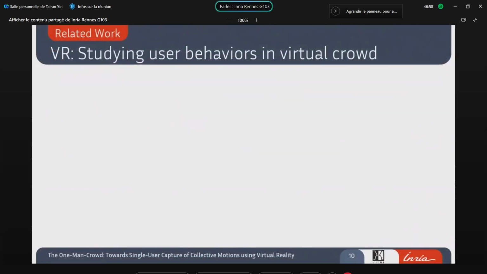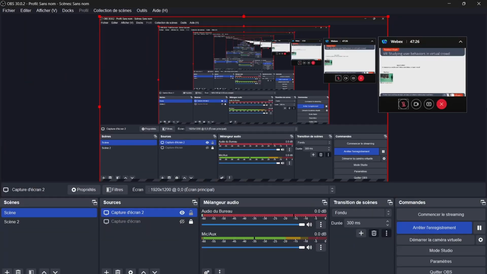As VR becomes more and more popular, some researchers are moving their experiments into the virtual world to take advantage of the benefits from virtual reality, which somehow solves some of the aforementioned difficulties. In the literature, the mainstream approaches immerse a single user in a virtual world to study how the user interacts with the virtual crowds. And during such experiments, experimenters can capture data such as position and body motion and even eye gaze of the participants.